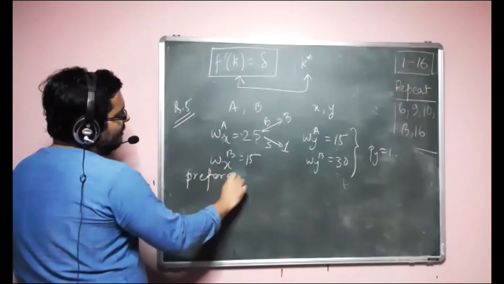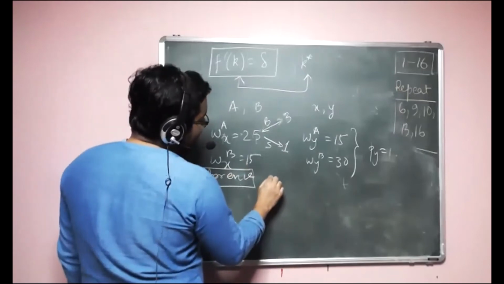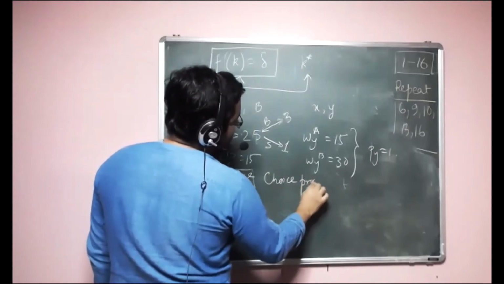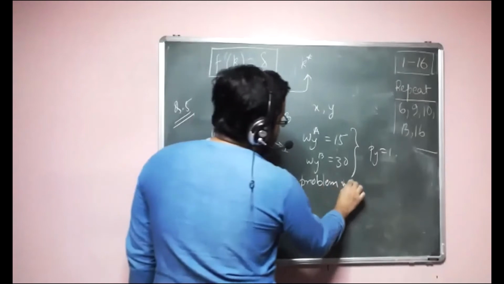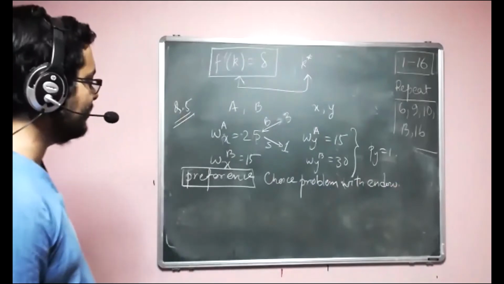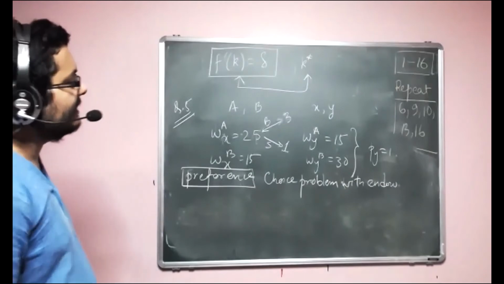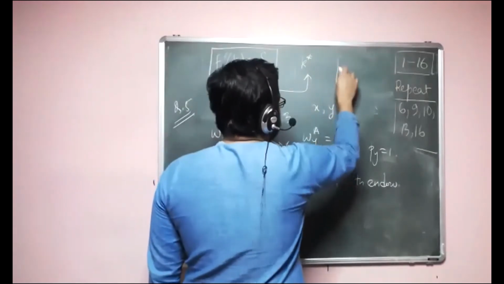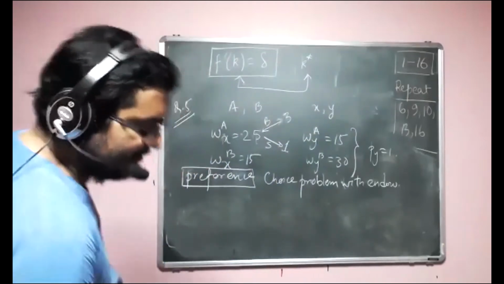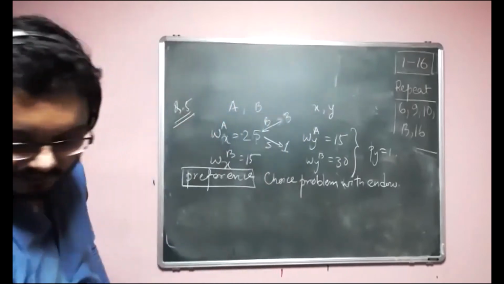So if you are given an endowment with prices and preferences, then basically you are looking at a choice problem with endowment. This structure is pretty simple. From the endowment, I will get the budget line, and then I'll see whether the same set of indifference curves is capable of the equilibrium or not. So before going into that, we're just going to write the choices of them.